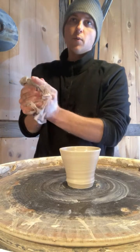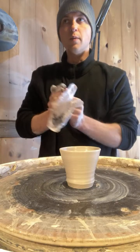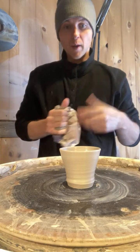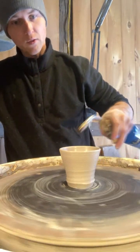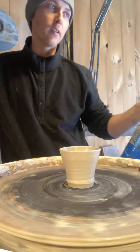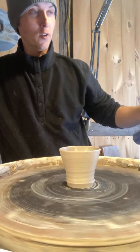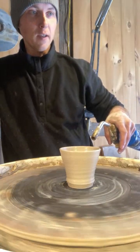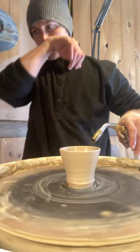I've been experimenting with underglazes and then this really pretty chino, and then firing them in my wood kiln, which is always a fun time. And these will be out of the kiln sometime in like April, I think. That's probably my next firing. I don't have enough wood cut. All the wood that I have left is heating my studio right here, so I don't really have extra wood to spare at the moment. I could buy wood, I guess, but